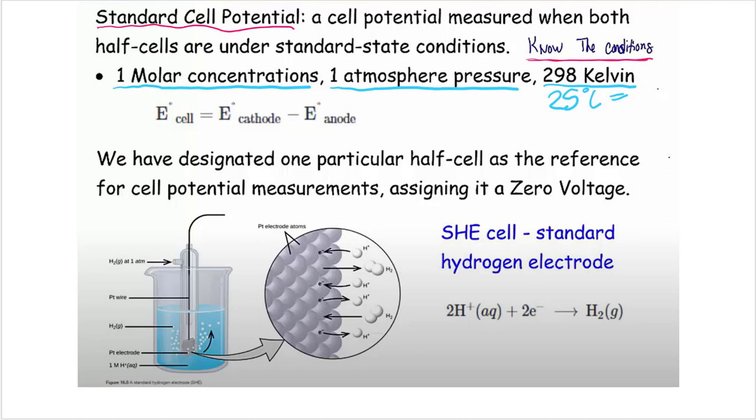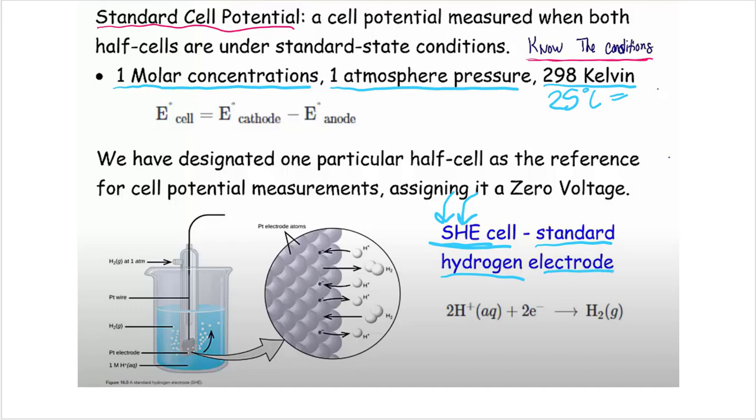We've designated hydrogen to be the half cell as the reference for cell potential, assigning it a 0 value, and this is called our SHE cell. Again, that S for standard